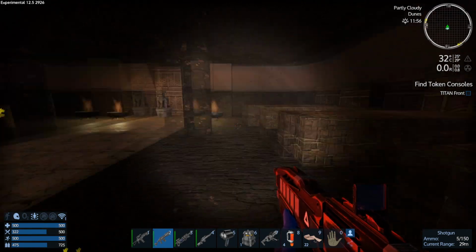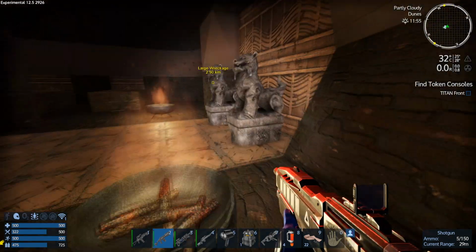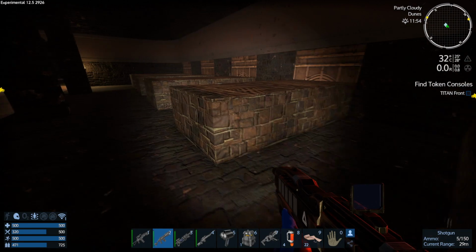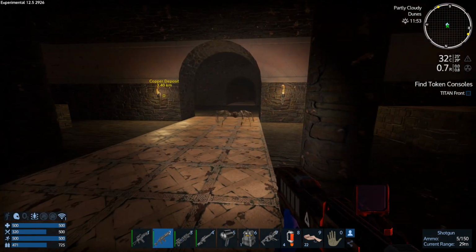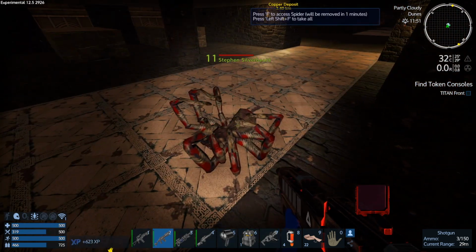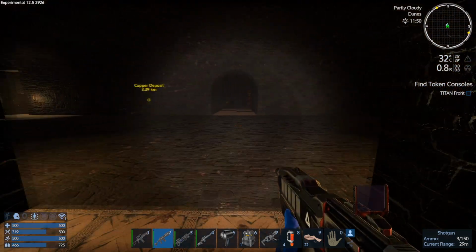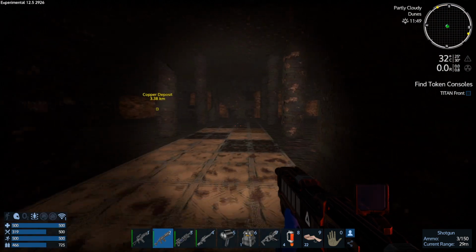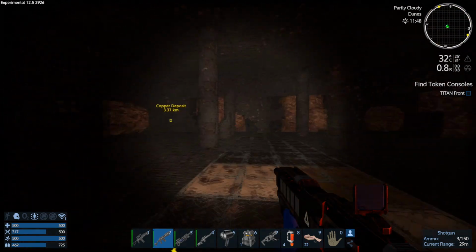I think this room is empty-ish. But we'll give it a quick look round. Yep. So. Oh, hello. Trying to creep up on me, were you? And this is the room we're looking for. Because...